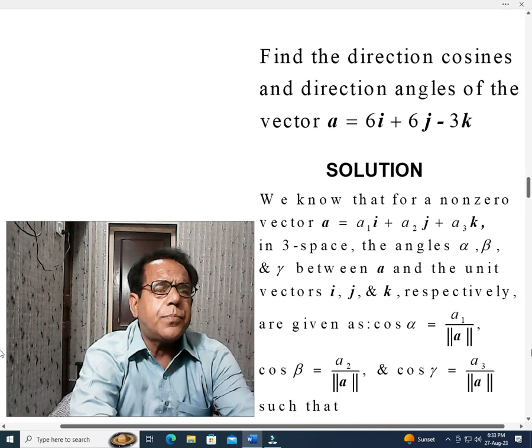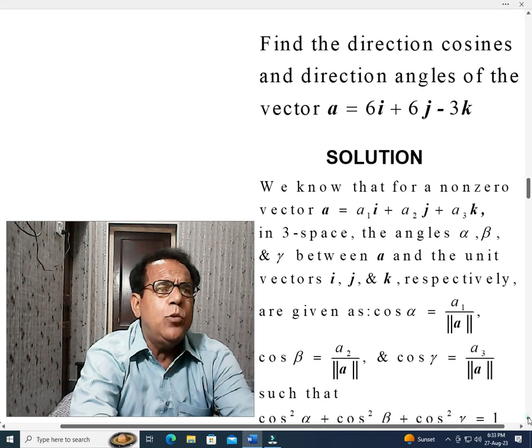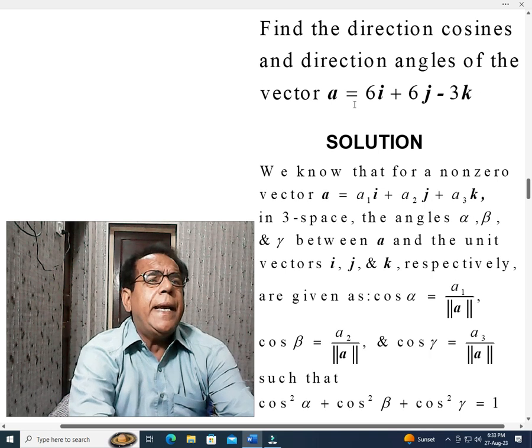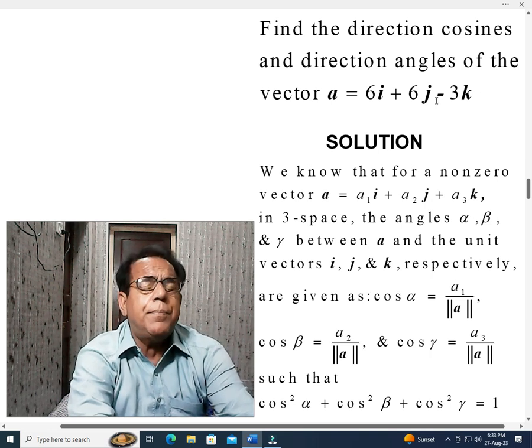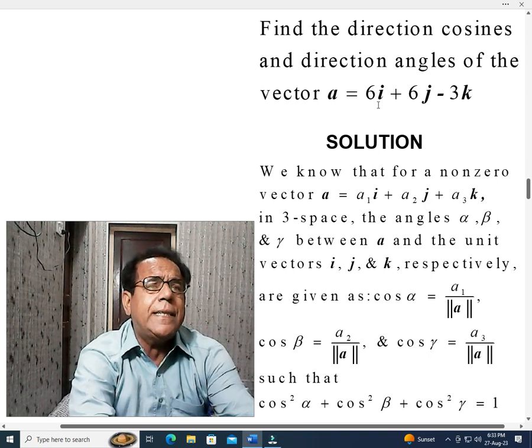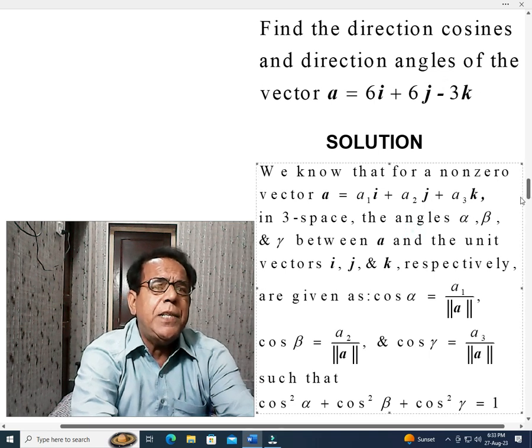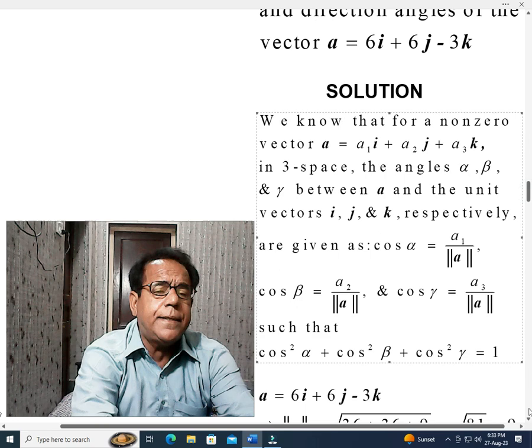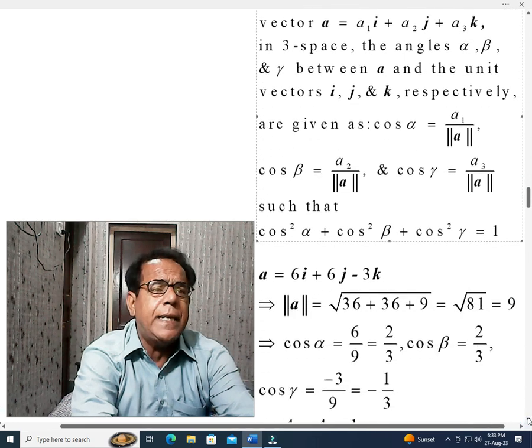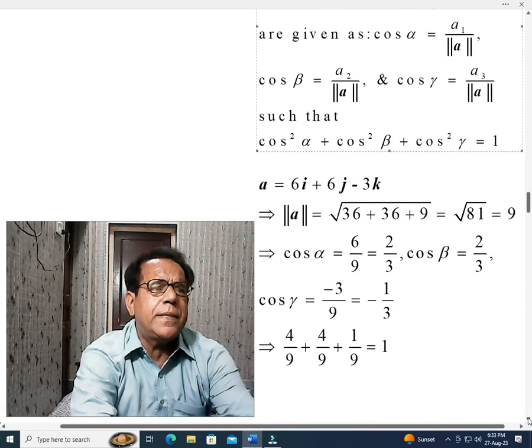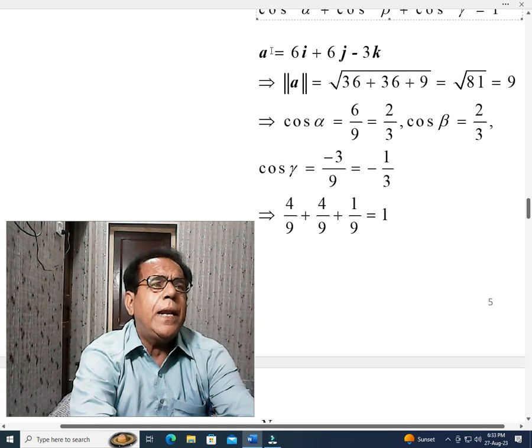Okay, now we come to problem number 12. Same problem, only values are different. a equal to 6i plus 6j minus 3k. Here a1 and a2 are equal to 6, while a3 is equal to minus 3. We will skip this portion because we have discussed it in detail in the previous problem. When a equal to this, then magnitude of vector a becomes equal to 81 under root,